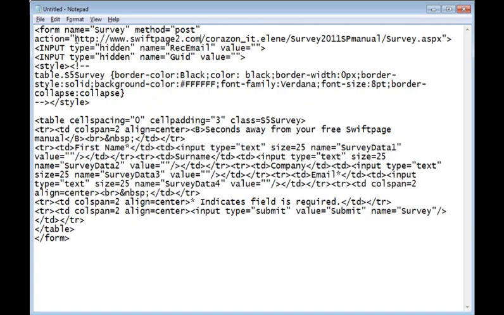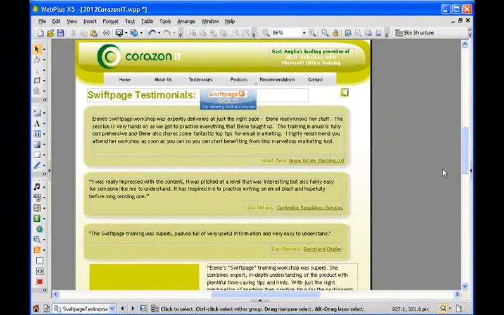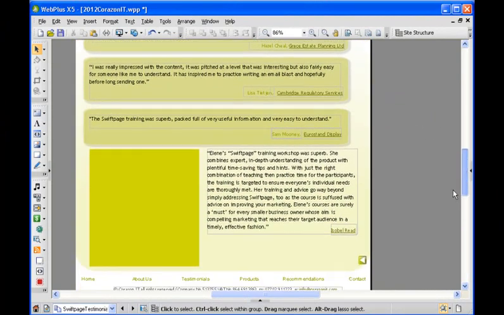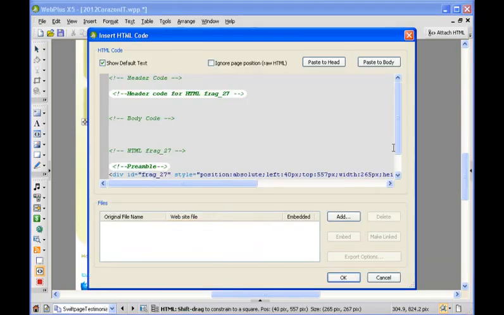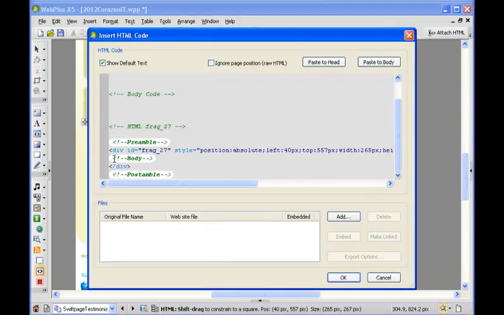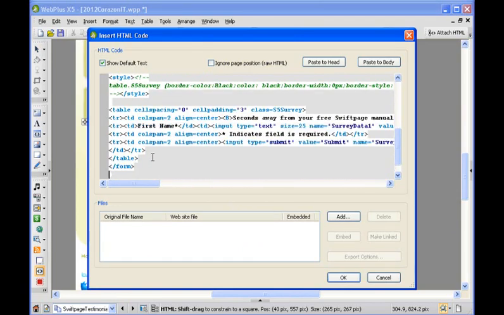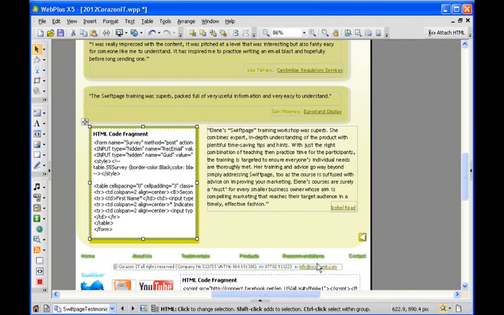as an embedded form. I'm back in my website program now, and this is where I'm going to add my survey. So the HTML is copied to the clipboard, so I'm just going to come along to this widget which will insert some HTML code, draw out the box, and here I'm just going to select the place where I need to position the code. I'll paste that code in and click OK, and if I want to go and preview now this web survey form, I'll just come up to the preview button, and there you can see that this survey has now been